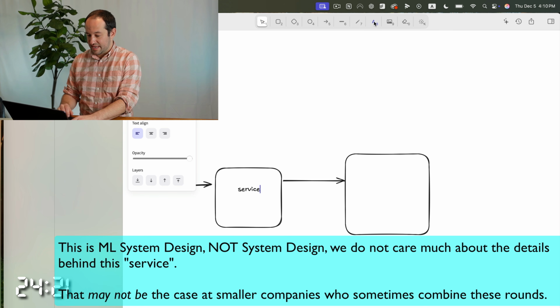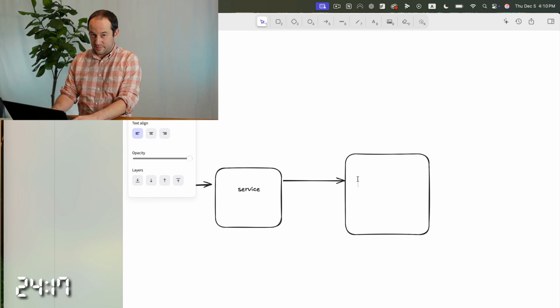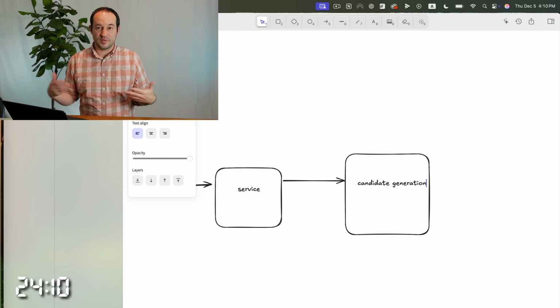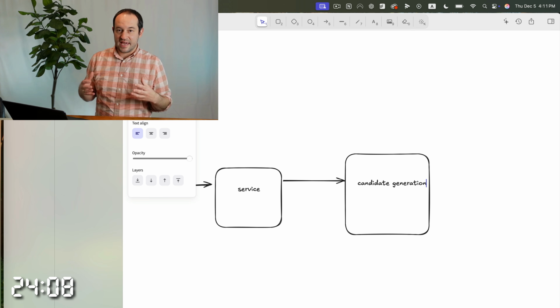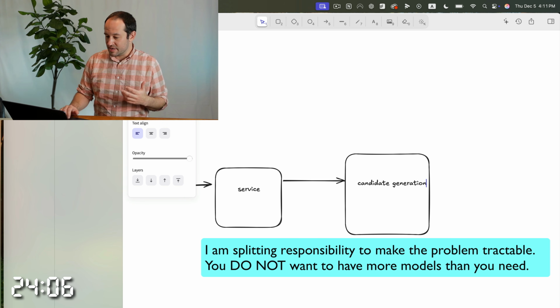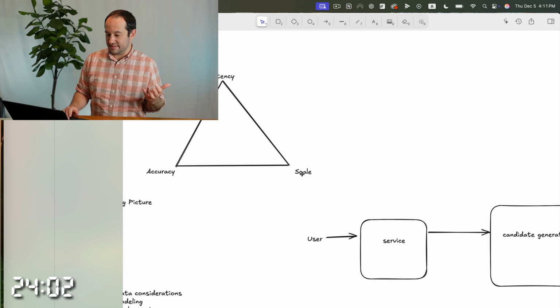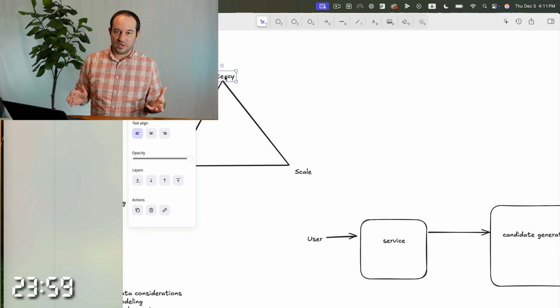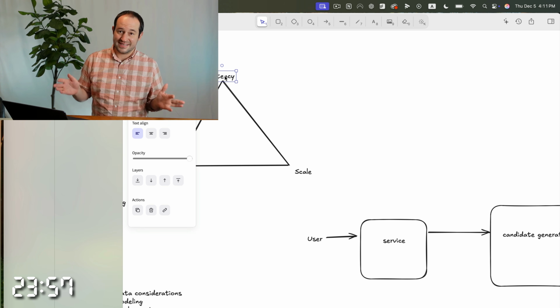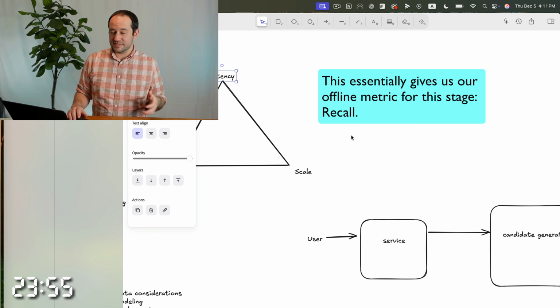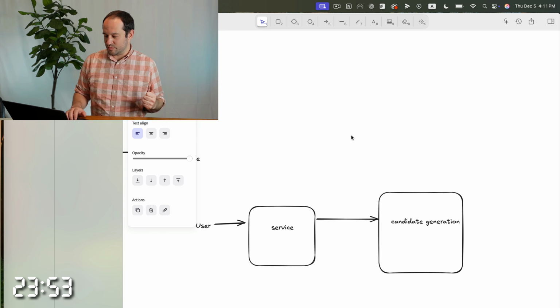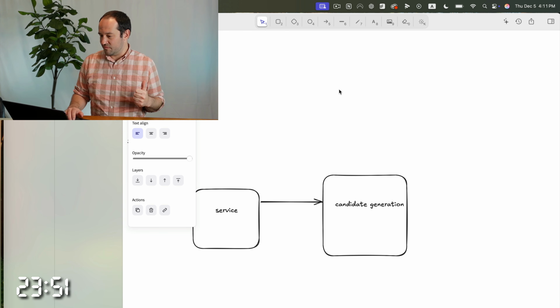And this is going to be our candidate generation model. So what I want to do in order to solve the triangle dilemma that I showed is split this up into multiple stages. The candidate generation stage in particular really only cares about the scale and the latency. We are going to have some false positives that this identifies, and that's okay. We're going to optimize it to identify as many true positives as we can, and we're going to go from,